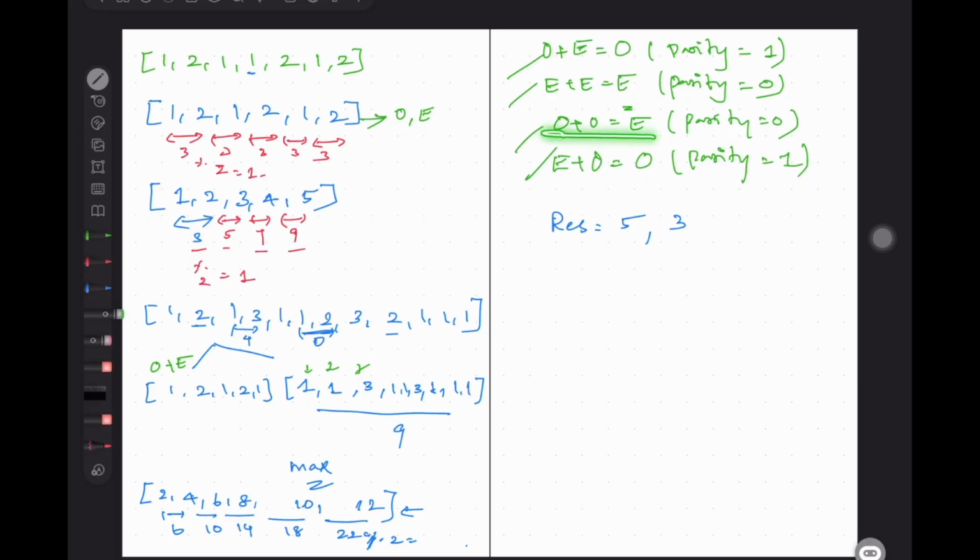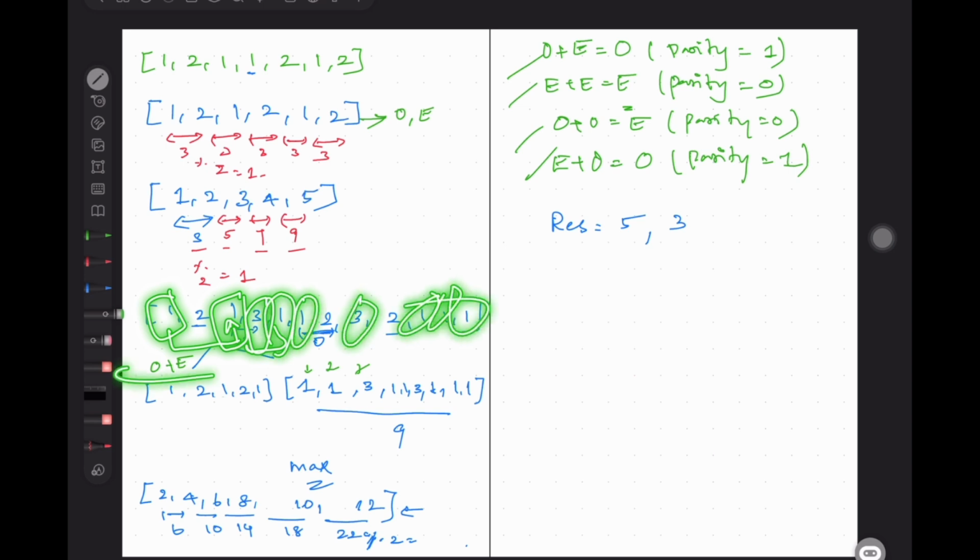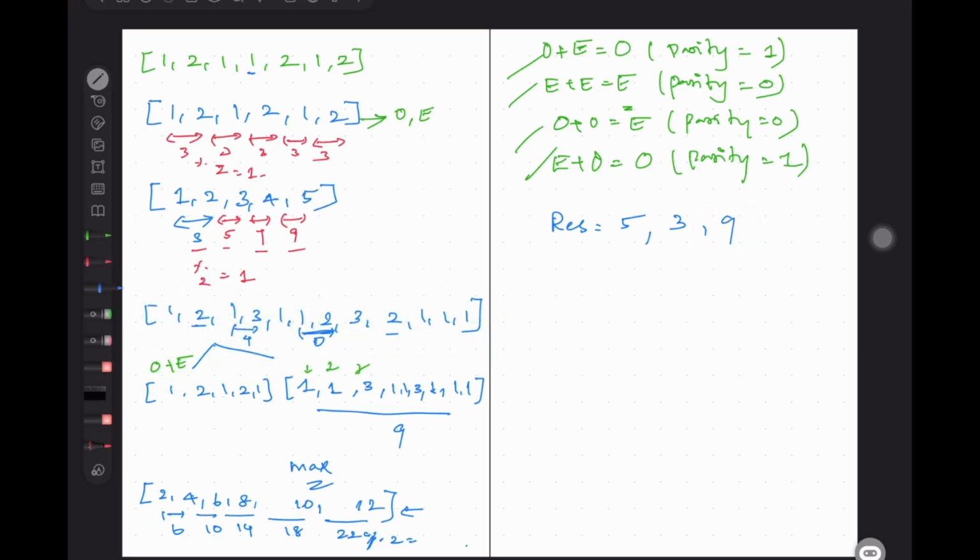Next, odd plus odd. So odd plus odd, this is the full odd list, right? Odd, next odd number is this, next odd number is this, this. So I got 9. So even plus odd, even, odd.